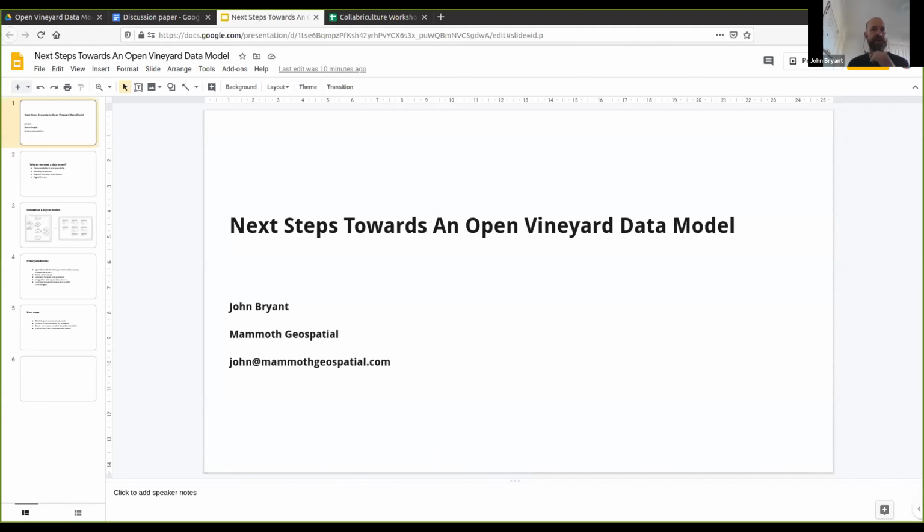Second point that jumped out was a benefit of building a data model would be building some consensus among the community. By working through the development of the model as a community, we can come up with some agreement on some of the building blocks, nomenclature, for example. You know, what are things called? We can find some agreement on some of the details.